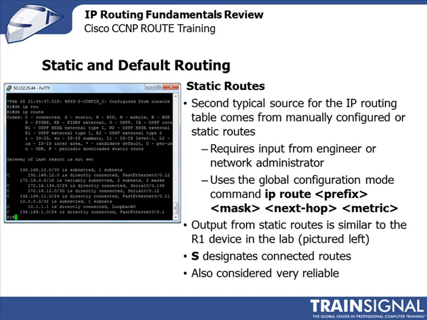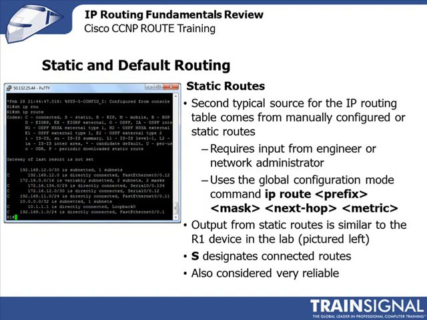The second that we already discussed is static routes. These require input from an engineer or network administrator, and they are manually configured in the device, whether it's a router or a layer 3 switch. Either way, they are treated the same. It's the simple global configuration mode command of ip route, whatever the prefix is, the mask, the next hop, and the metric. For instance, we could put in ip route